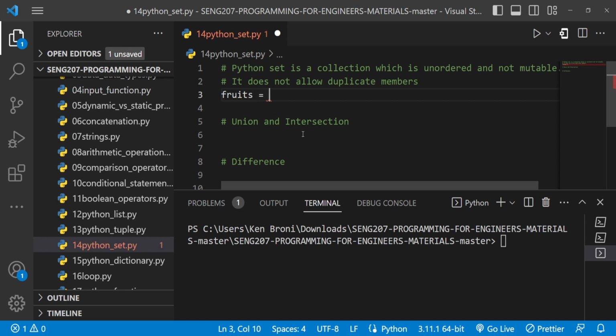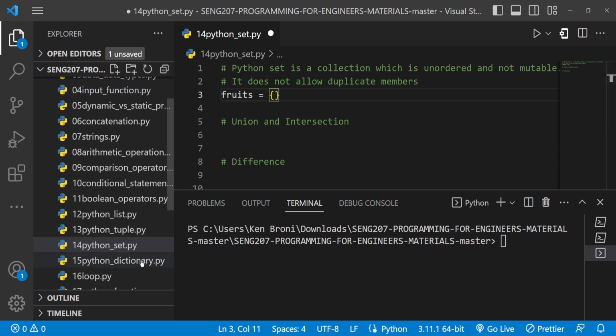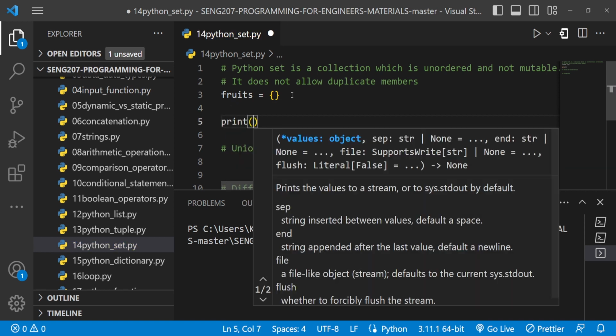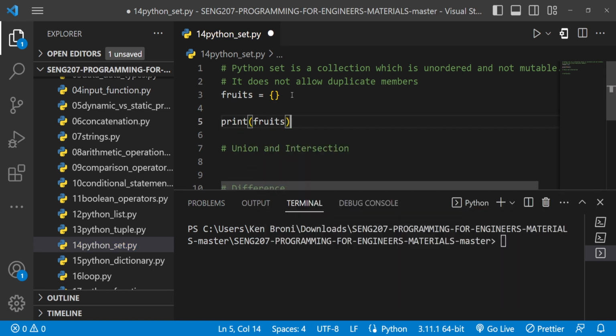Now, if you wanted to declare a list, we use square brackets. If it is a tuple, we use parentheses. Now for a set, we use curly brackets. The way we declare a set is the same as we declare a dictionary in terms of the curly brackets, but a dictionary is a little bit different. So currently, if I come in here and, for instance, try and print out these fruits,